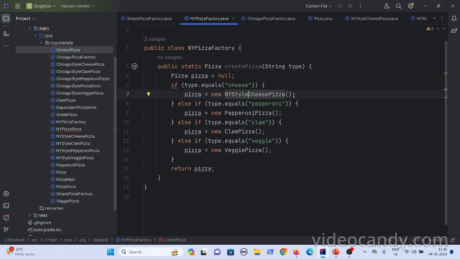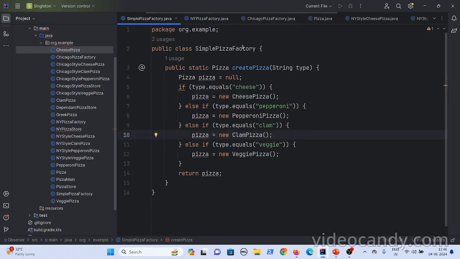This way you can avoid the same class getting modified for small changes as well, right? Now if you had put all the changes in the simple pizza factory by adding a string region, then even if a new region gets added, you have to add another else if clause, and this code gets changed, so you have to test it again.